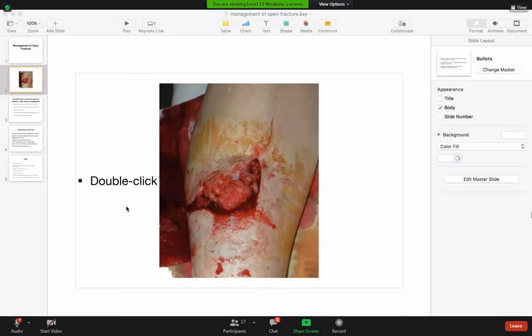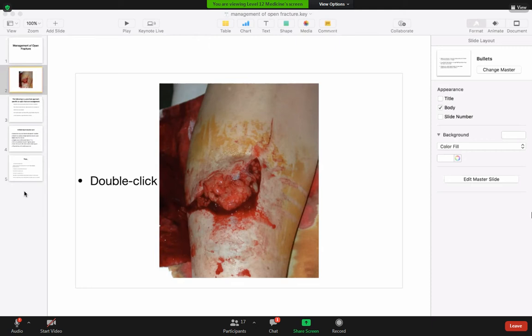Look, feel, move. So look, you can describe the wound. Feel, usually you don't need to do this because it's obvious that this is an open wound and there is deformity, so most likely there's a fracture. Move, it's usually not recommended to ask the patient to move his limbs when there is a clear fracture. So physical examination is very limited, especially in open fracture. So mainly it's describing the wound and